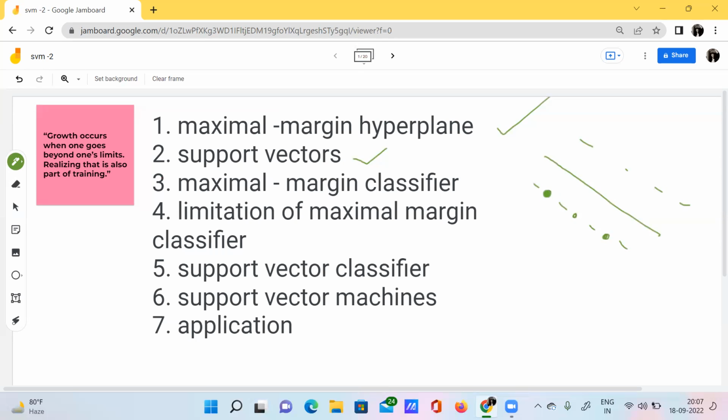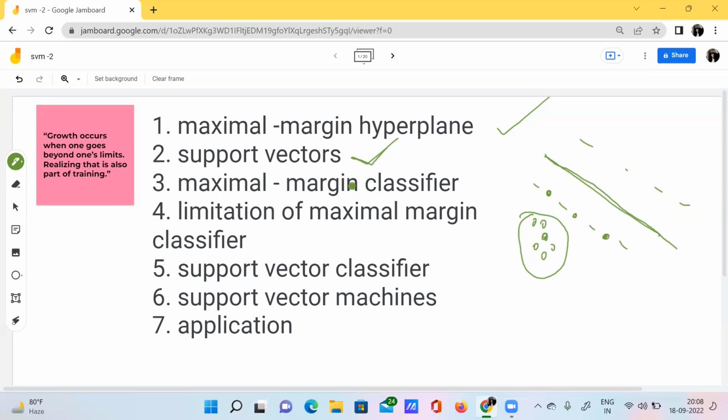Okay, what are these data points? These data points are actually wrongly placed. Why? Because every data point should ideally be away from the margin, right? This is the ideal way of placing the data points. But if I find any data points that are placed on the margin, then we can call these data points wrongly placed, right? These wrongly placed data points are nothing but our support vectors. These data points will actually support this particular classifier or the hyperplane.